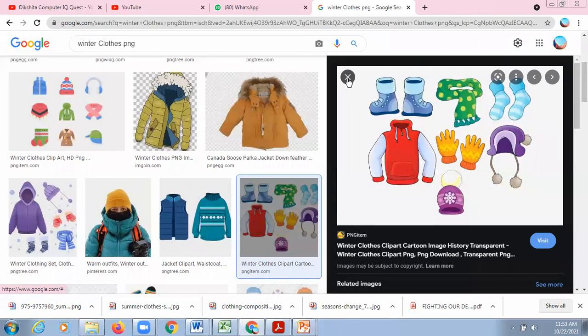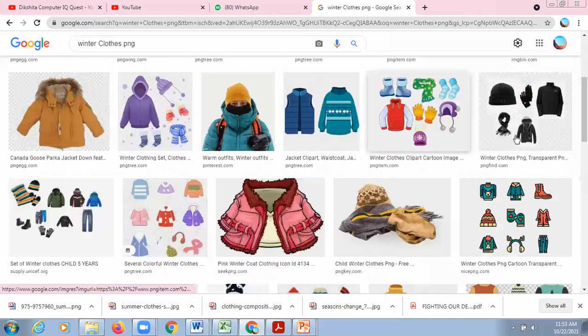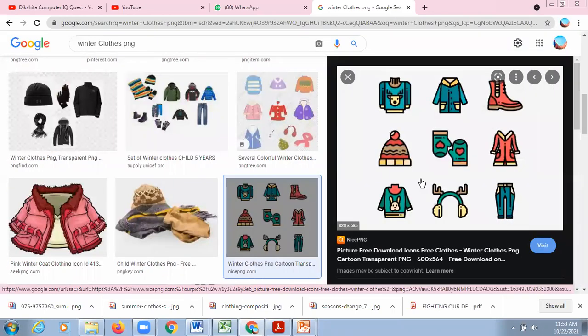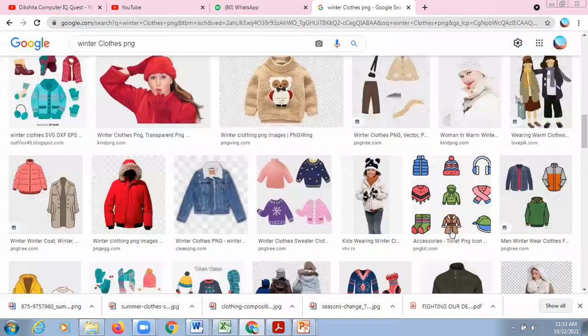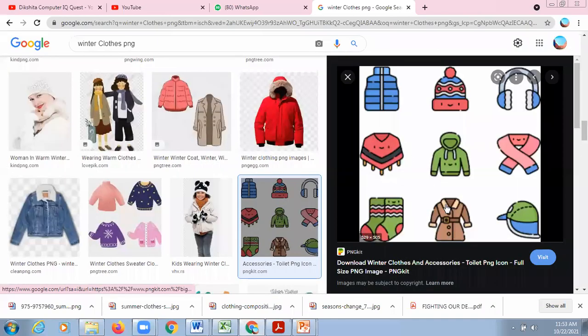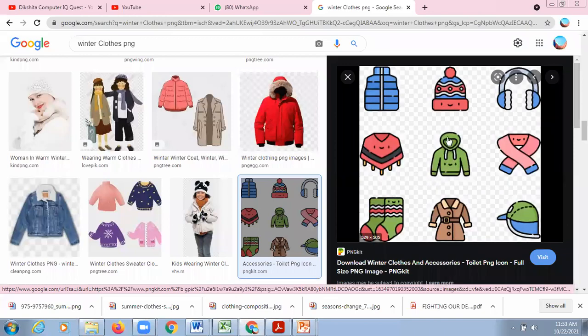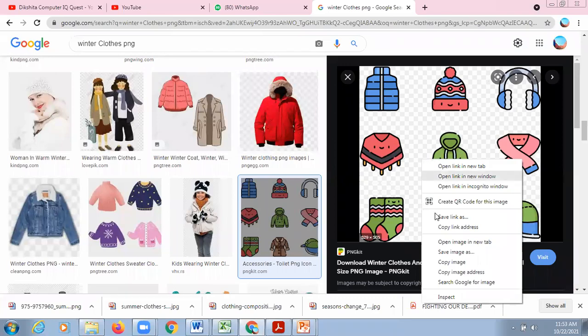It is also not a png image. This is also not a png image. Yes, this is a PNG image because now the checkboxes are coming in the background.